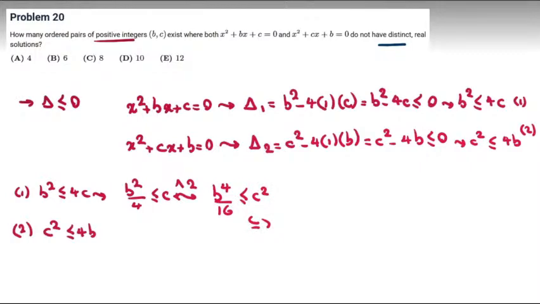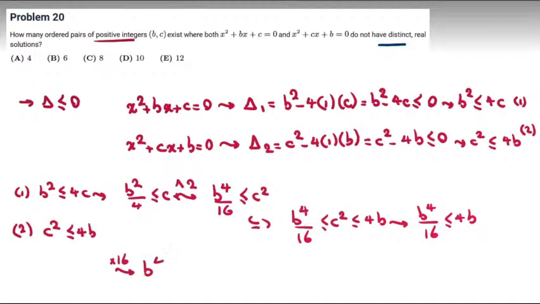So b to the 4 over 16 is less than or equal to c squared, less than or equal to 4b. Now we conclude b to the 4 over 16 is less than or equal to 4b. If you multiply by 16, then b to the 4 is less than or equal to 64b. Because b is positive, if you divide both sides by b, we get b cubed less than or equal to 64. So b is less than or equal to, because 64 is 8 cubed,